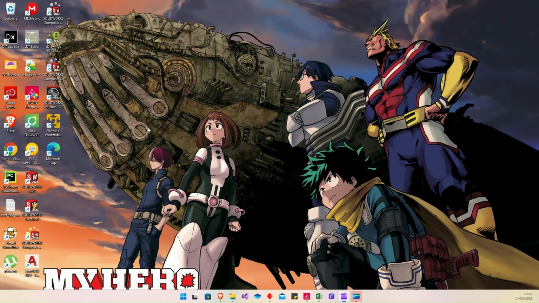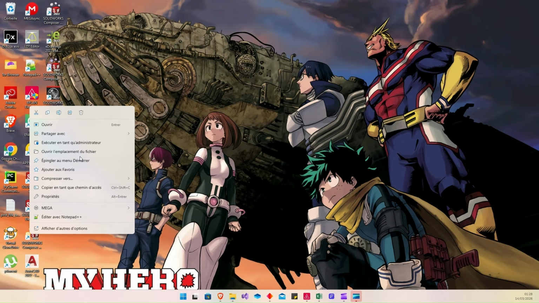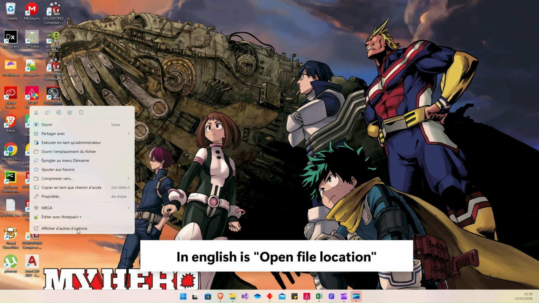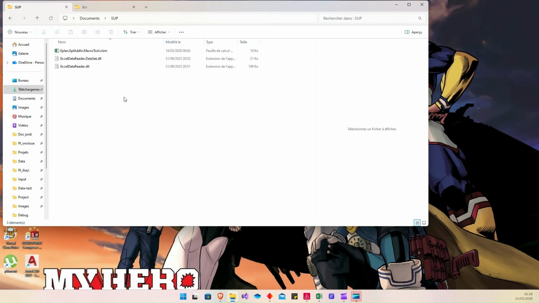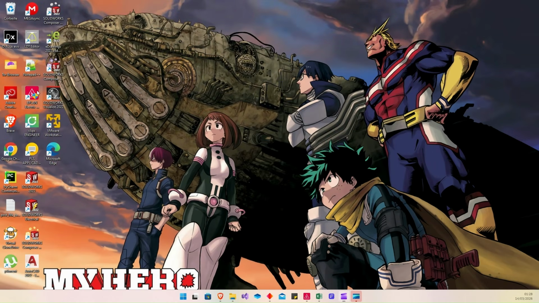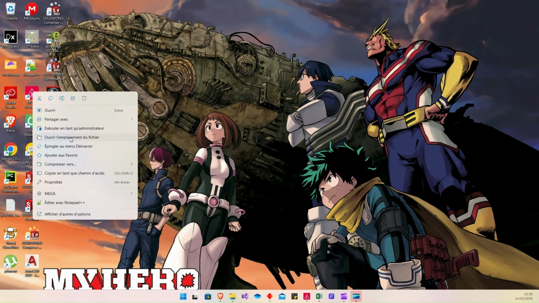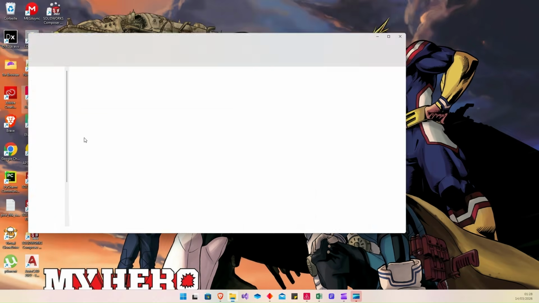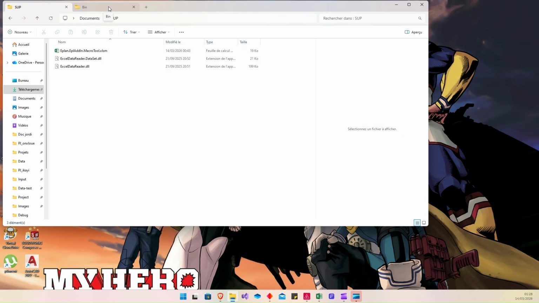Go to the desktop shortcut of your ePlan, right click, and, I know it's in French, but click on open the folder.